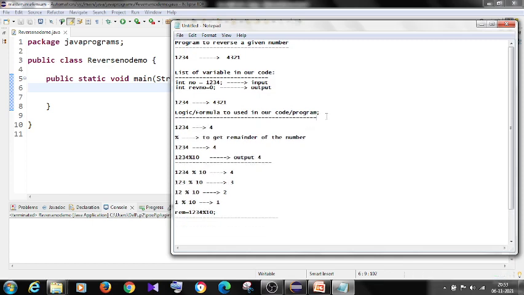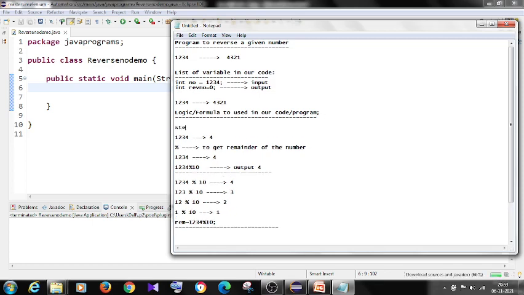The first step, step number 1: what is step number 1? I have to find the remainder of the given number by using the modulo operator.